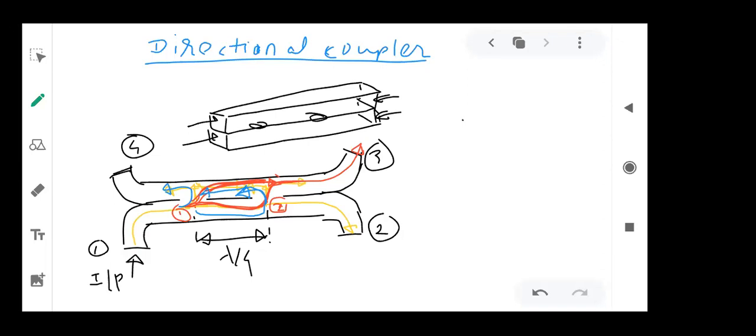So you can see that this signal actually travels a distance of lambda by 2. It has started from aperture 1 and the lower waveguide, then it reaches aperture 2, so it has traveled a distance of lambda by 4. And that signal gets coupled in the upper waveguide and heads towards the left hand side. And when it reaches back to port number 1, it has traveled a total distance of lambda by 2. By the time this signal reaches port number 1, a new signal comes.